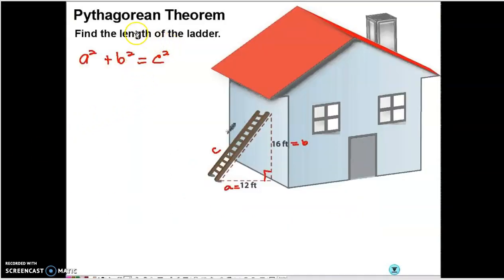Now let us see Pythagorean theorem. Here we can find the length of the ladder. The length of the ladder is this, c. This we have to find out. Here base a is given 12 feet, height, perpendicular, is given 16 feet. We have to find out hypotenuse. So it is making an angle of what? Right angle triangle. So we can make use of Pythagorean theorem here and can find the length of the ladder. So in this way, if we want to find the height or the length of the ladder, we can use Pythagoras theorem.